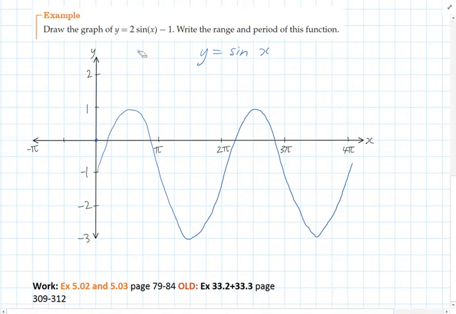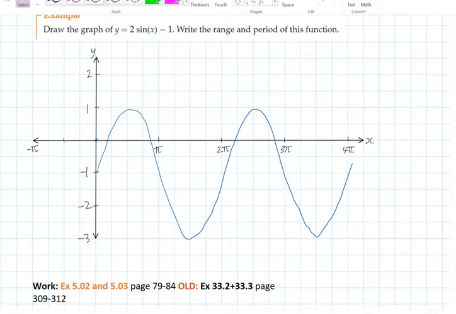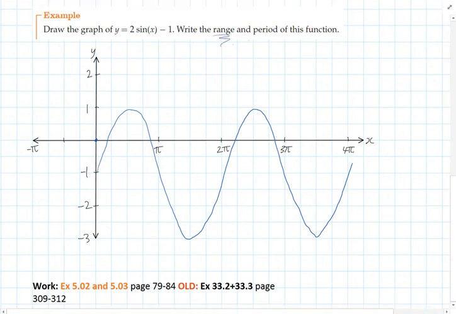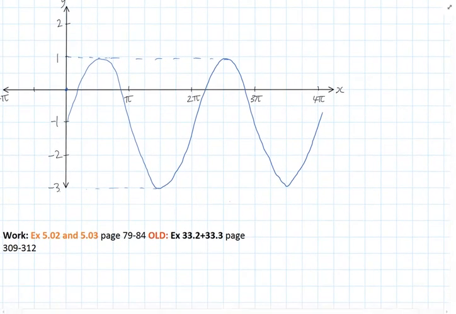So in terms of the question asking about what's the range and the period, I'll just bring my pen back. So the range and the period. So the range of it, well, its maximum is at +1 and its minimum is at -3, and so its range